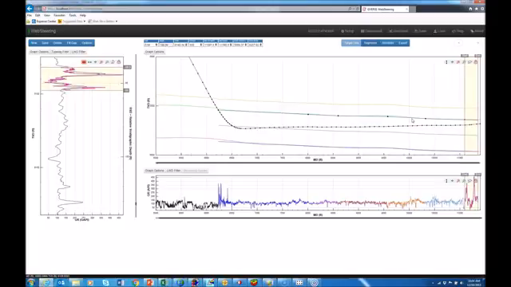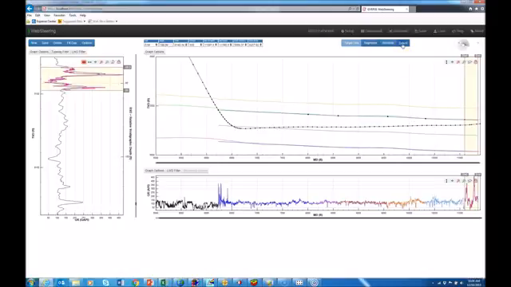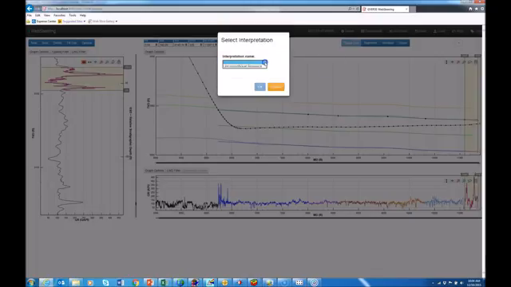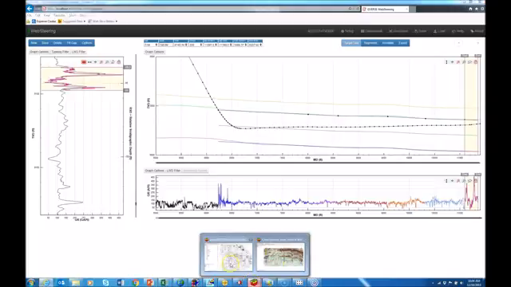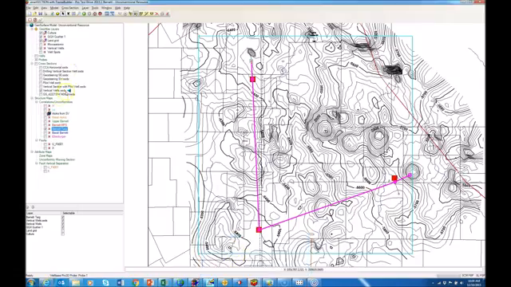So once you're back on your firewall or on a VPN, you can then export this into your smart section interpretation. This is the smart section interpretation we were using. And then returning to smart section, it will automatically load it into your list of cross sections in your interpretation. So there is the line of section right there. So let's go ahead and open it